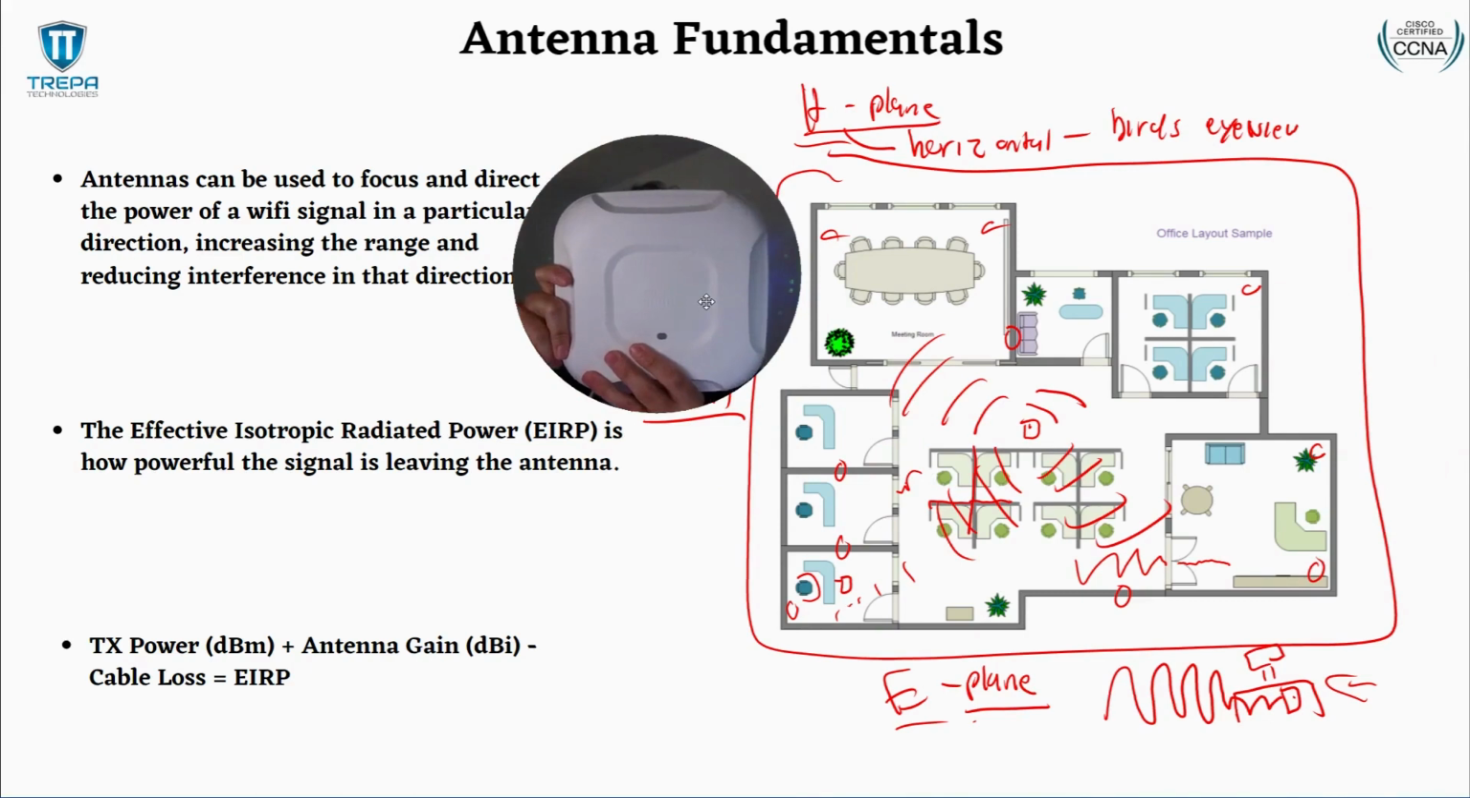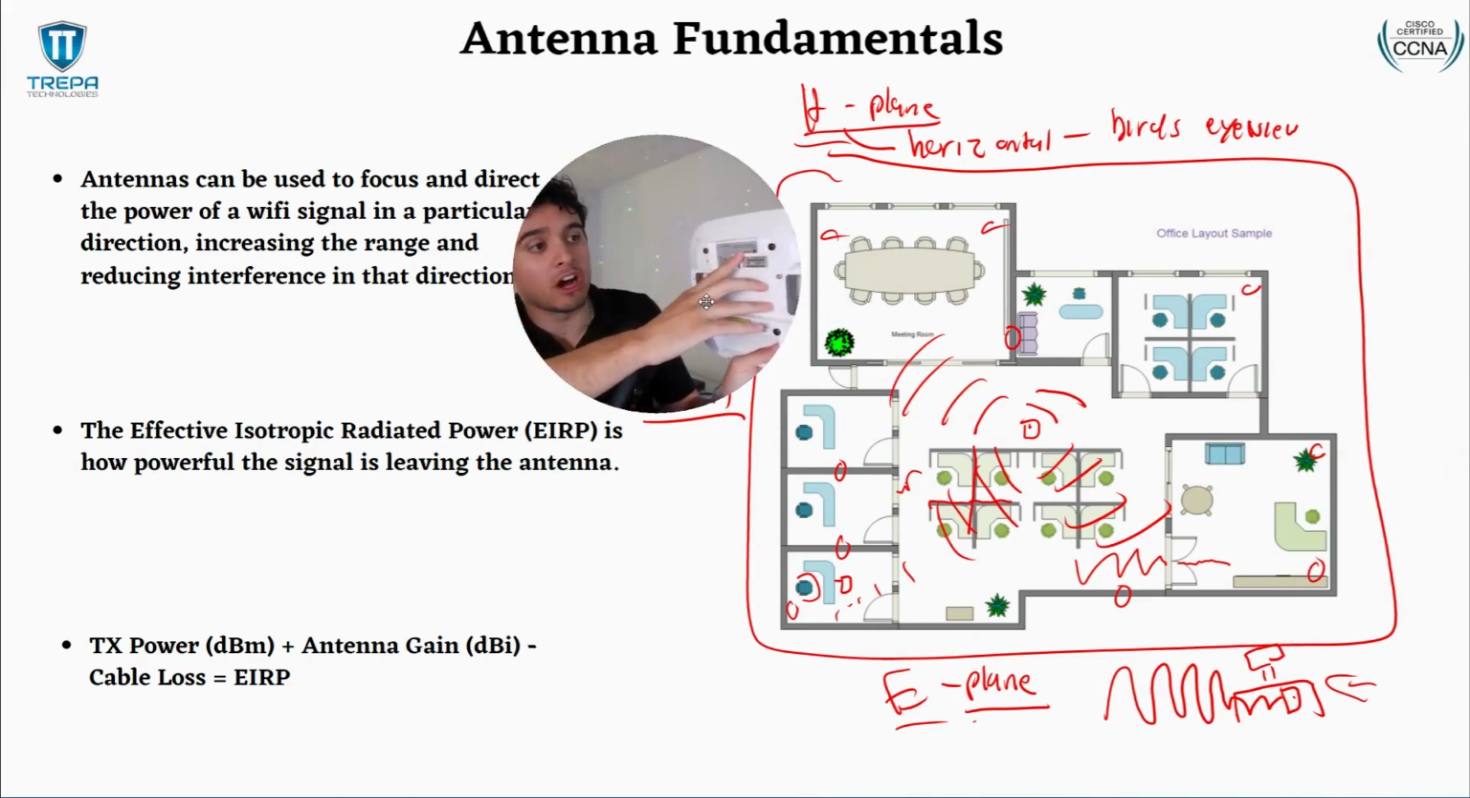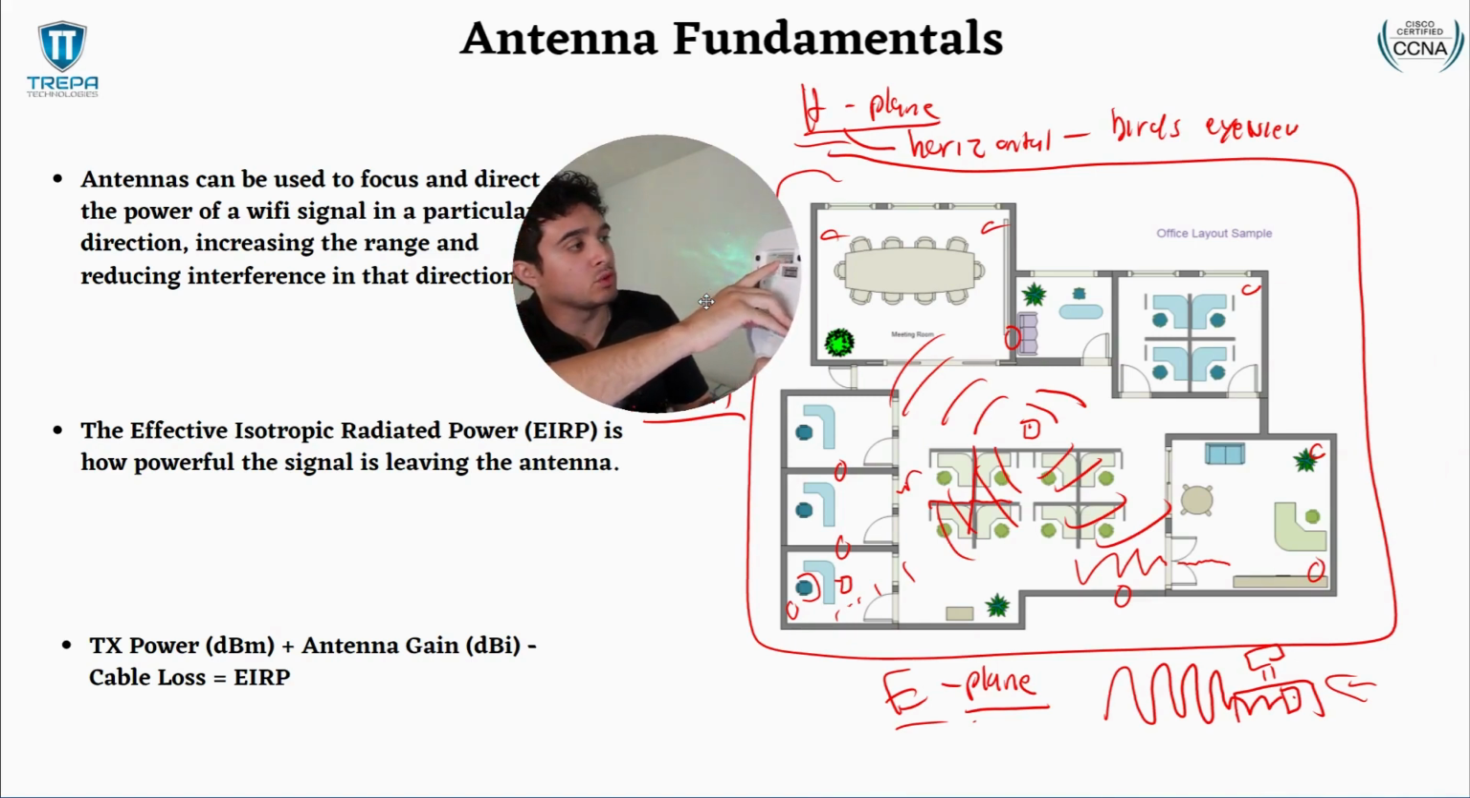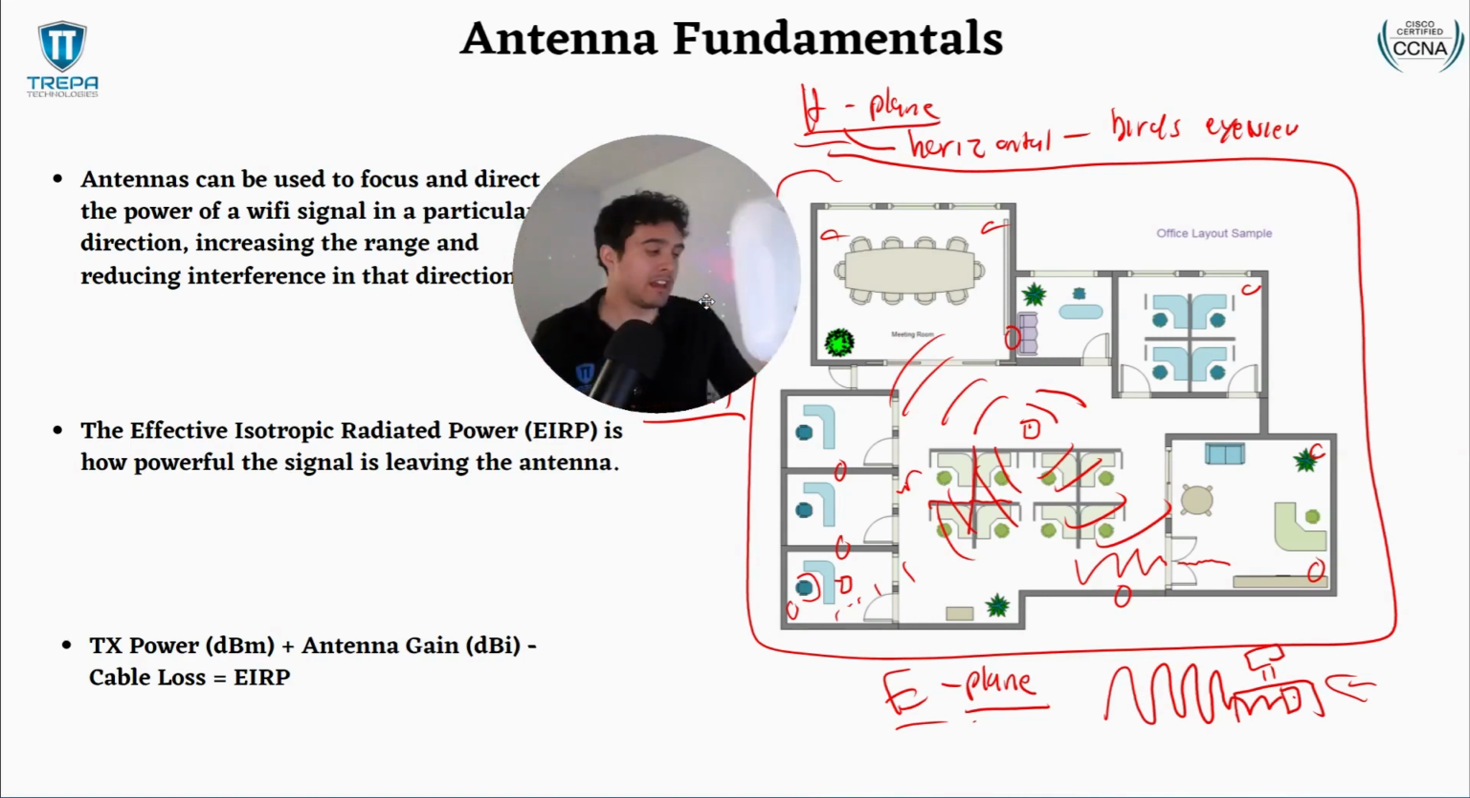If I read the back here, I know obviously you can't see it, but it says 802.11ac, which is Wi-Fi 5. We're going to go over that dual band access point. So I can look into the specs of this access point and compare it to my other access points, which I don't have laying around, which is my 3800 series, and see which antennas are stronger